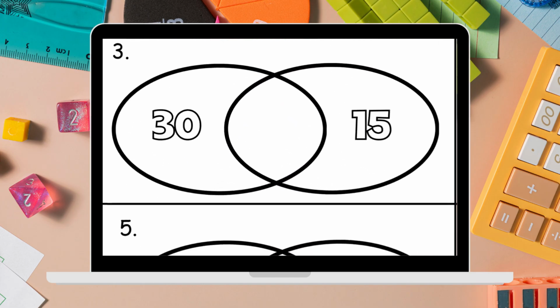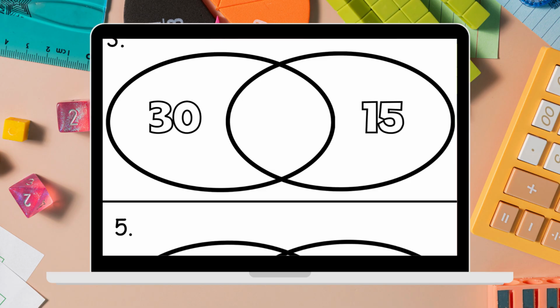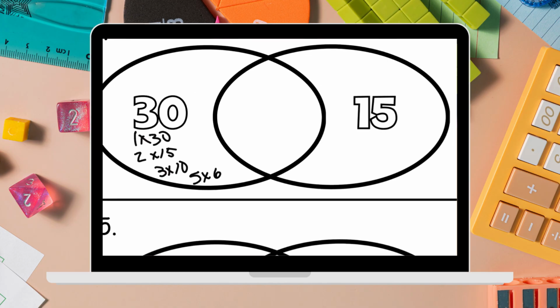Let's look at another one. We'll do number 3 right here. So I'm going to list my factor pairs for 30. So I have 1 times 30, 2 times 15, 3 times 10, I think of 4, 4 is not a factor, 5, 5 times 6, 7 is not a factor, 8, 9. Okay, so those are all of my factor pairs for 30, and then now I'm going to look here at